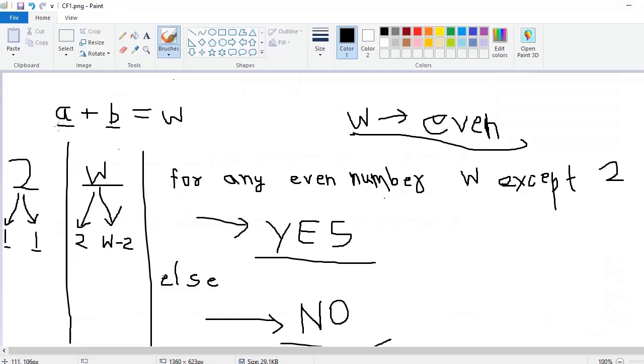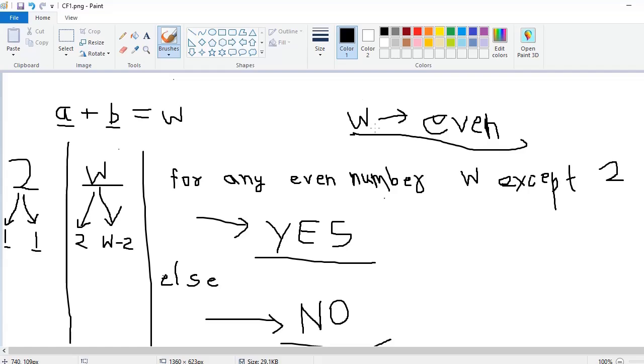Here we can see that if we break W into two different positive integers A and B, since A and B should be even, the sum of two even numbers is even. So this implies that W should be even. Now think about whether all even numbers will have the answer yes or not.